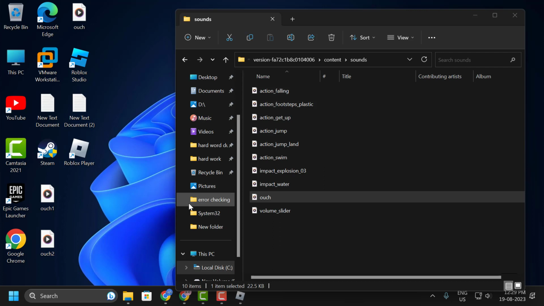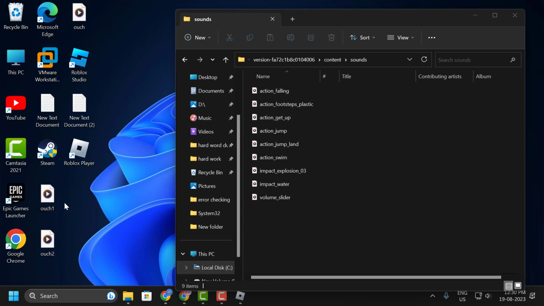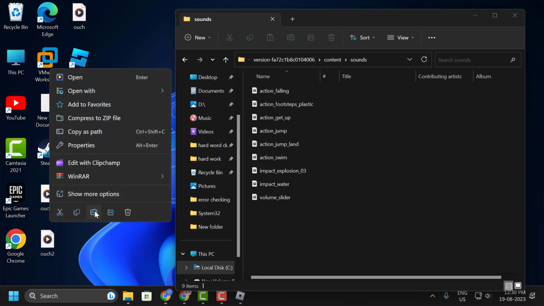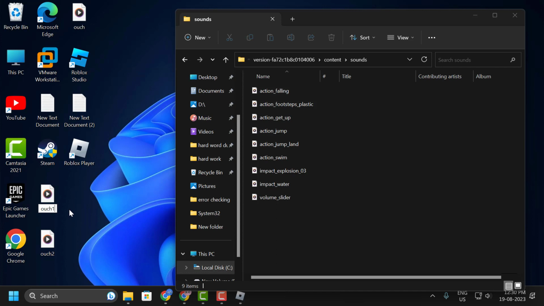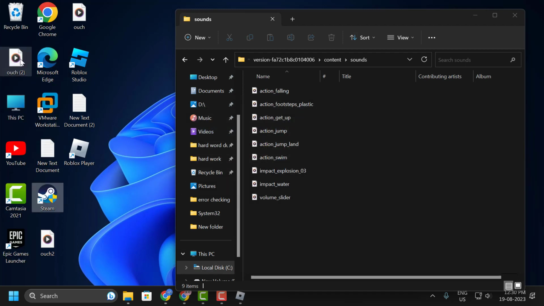Now we need to delete the sound inside the Roblox sounds folder. You just need to right click on the ouch file and select delete. I'm going to replace it with ouch1 in this folder. That's why we just need to rename it. Right click on it and select rename. Just remove this part. Just name this ouch only. Click on yes and now